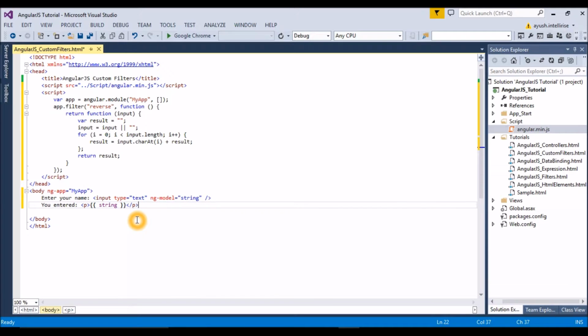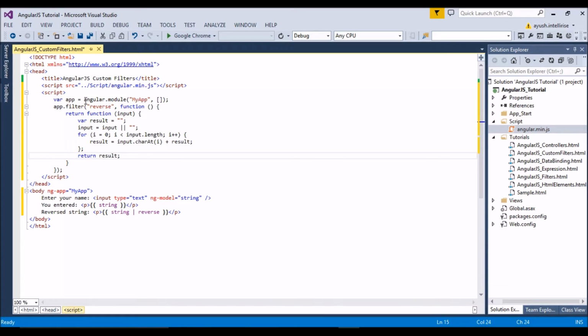This is the string that has been entered by the user, and the reverse string will be shown over here. So this is my code of reversing the string.